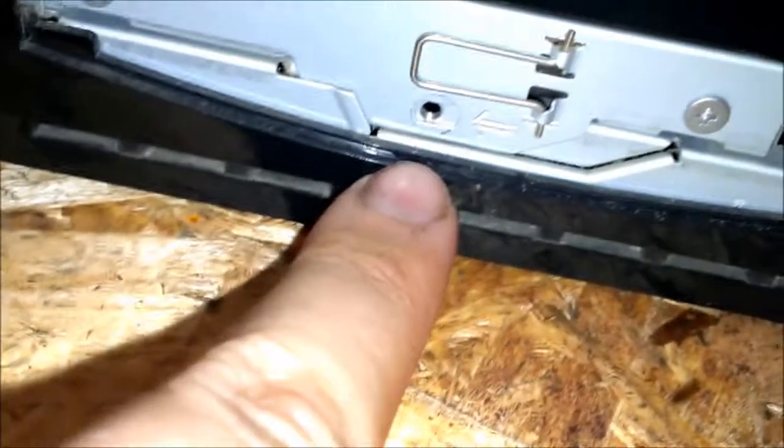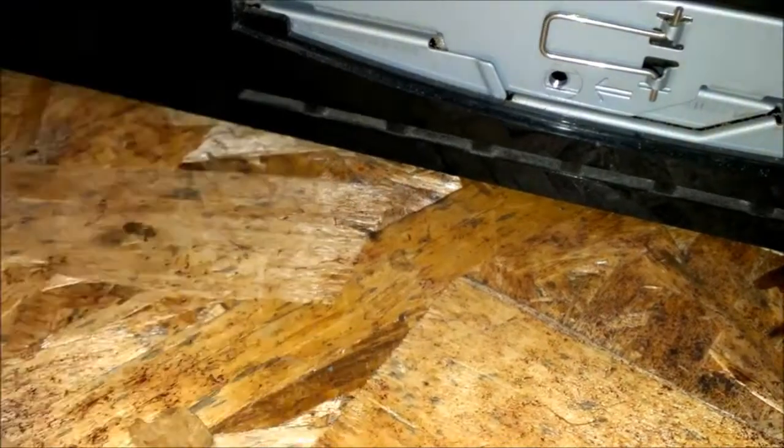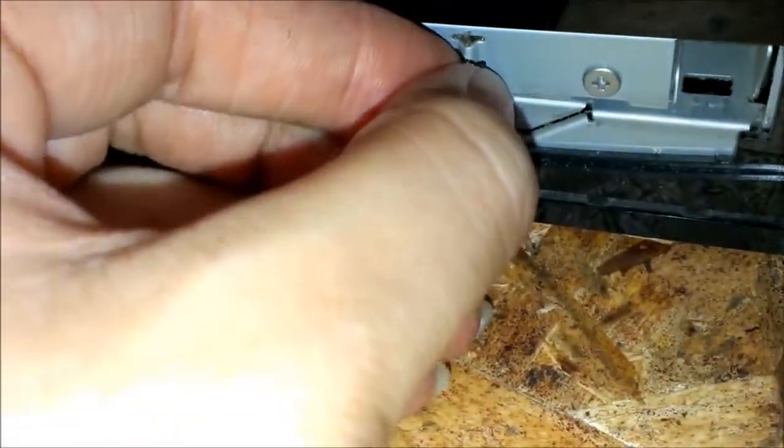There we go. There'll be a bolt right there, this blue one. Take that bolt out, flip this little lever over, and push it to the right, and then out. And then once the hard drive's removed, you want to move over here to the,